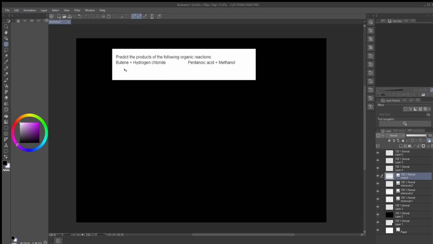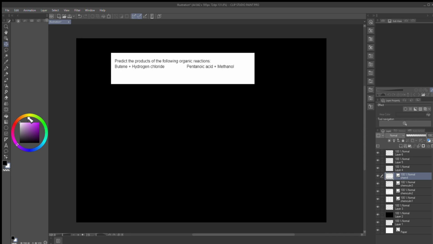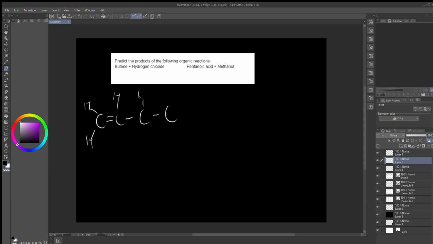And so we should start off by drawing it out. So we have a 4-carbon chain, right? And then there's a double bond here. So double bonded carbons, with hydrogens on the remaining positions,